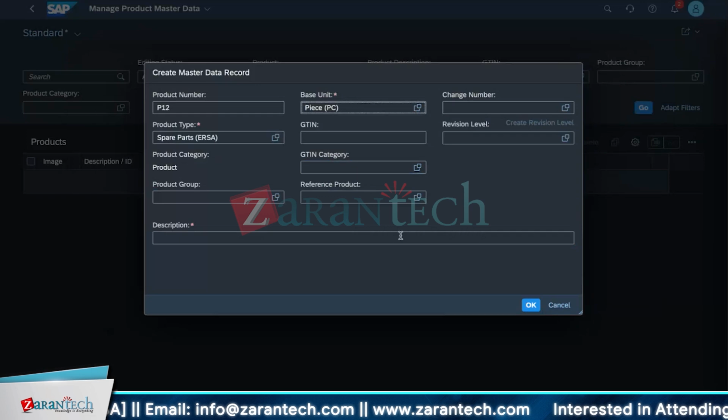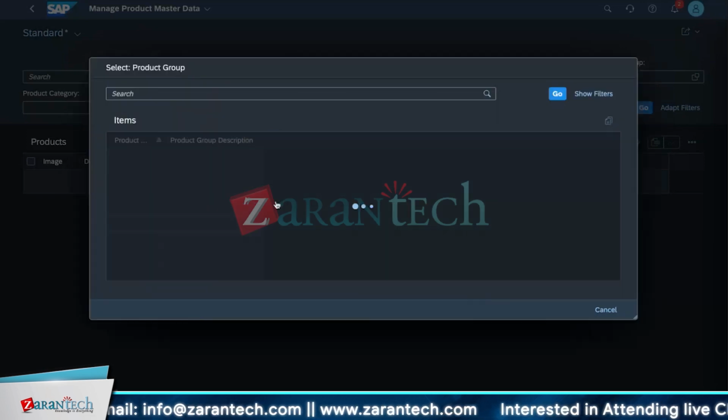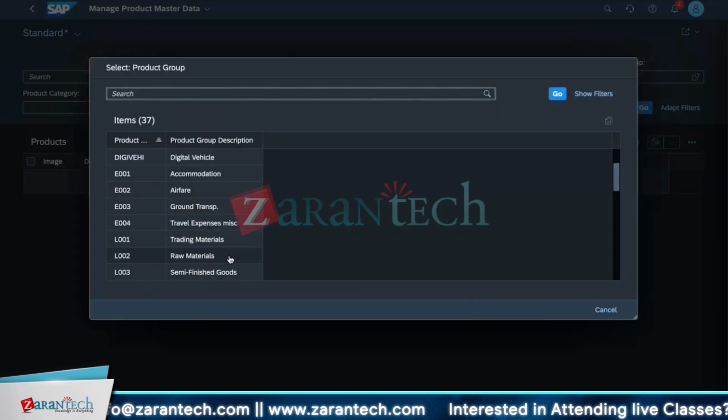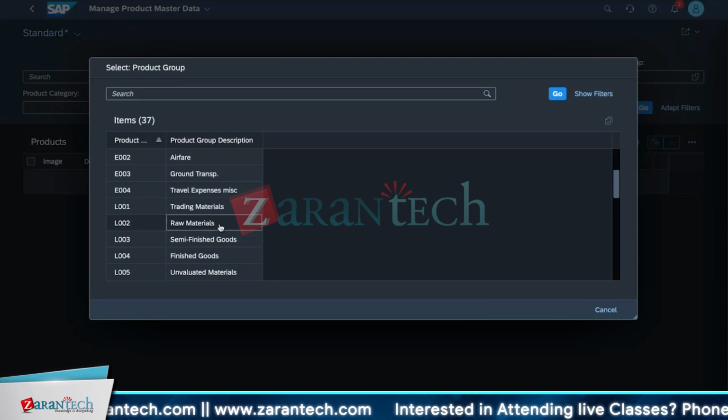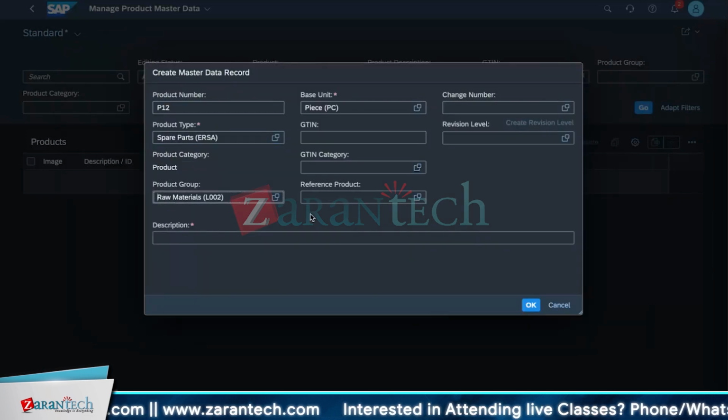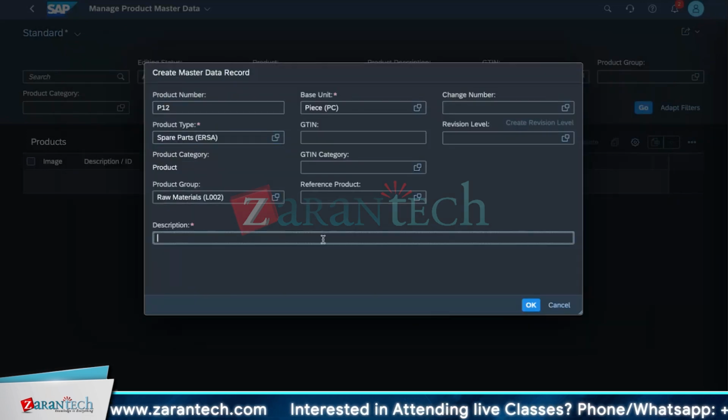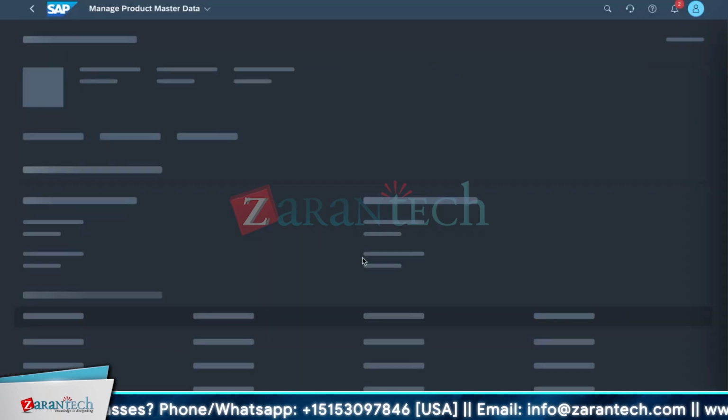So I've taken that. And if you know the product group category, you can provide that, which one it relates to. It could be raw material; for me, I can take a spare part. And then this will be some motor kind of thing. Okay, once we do this,